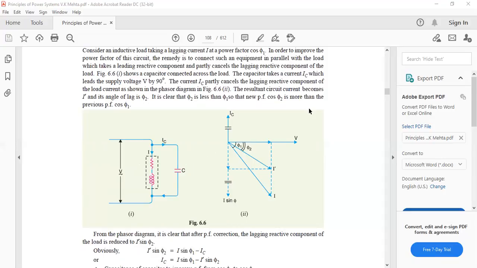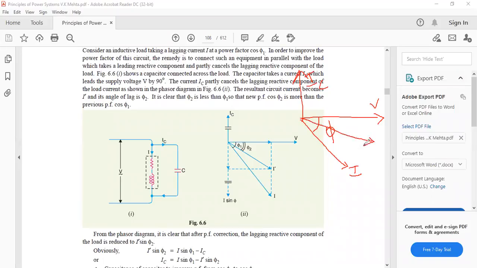So we will learn this through the phasor diagram. This is the voltage before. Generally, whatever loads we are using are inductive loads only. So the angle between the voltage and the current, let it be phi. After a capacitor installation, the capacitor always takes leading current, some amount of leading current. So due to this leading current, some proportion of the lagging current will get reduced.